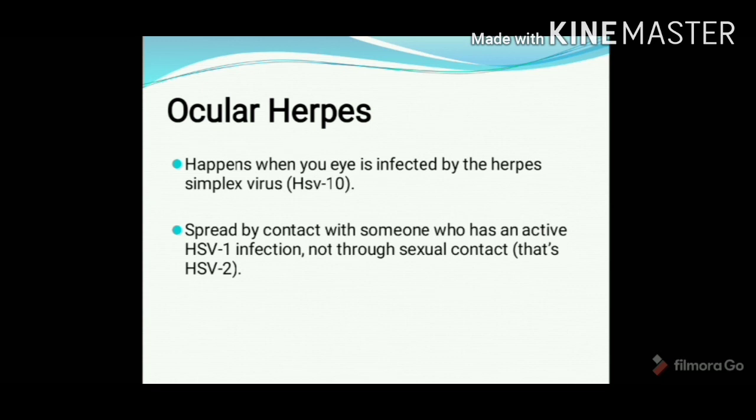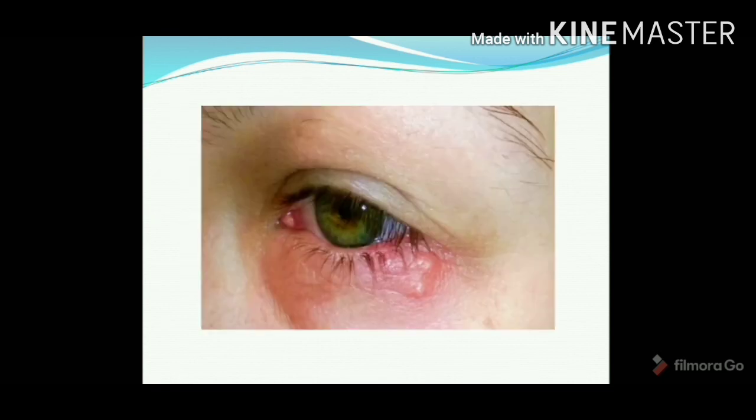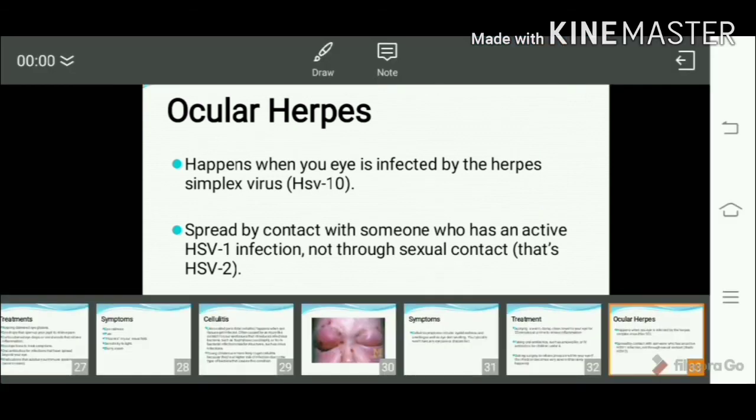Infections in or around the mouth, sometimes called oral labial, or oral facial herpes. But a proportion of HSV type 1 infections are genital herpes, infections in the genital or anal area. So, here's the image of a child having ocular herpes.